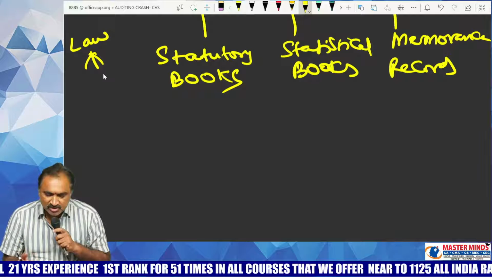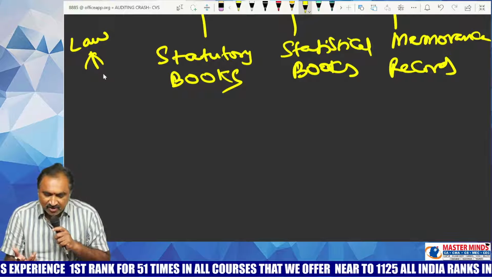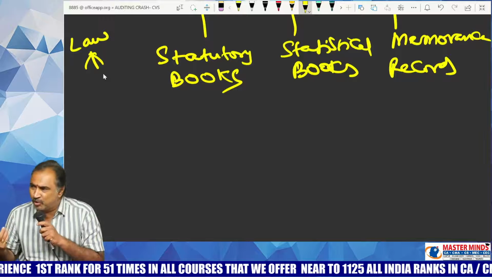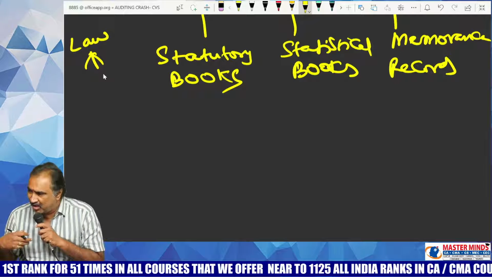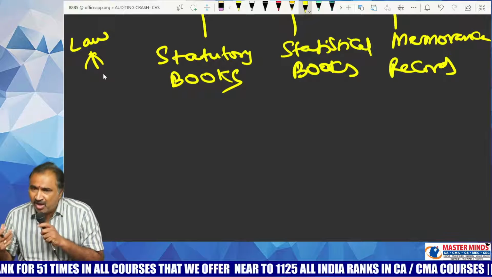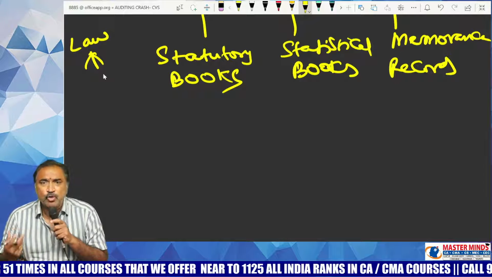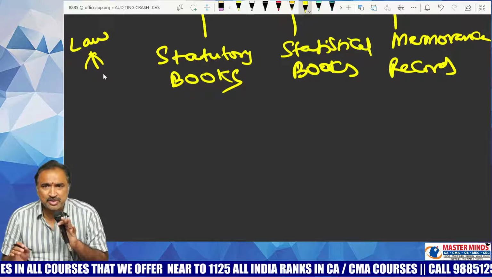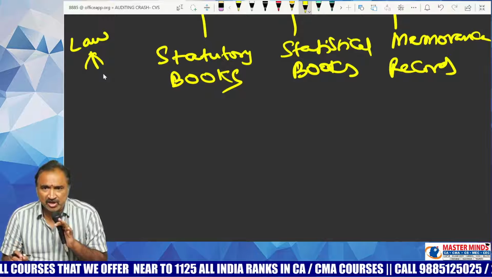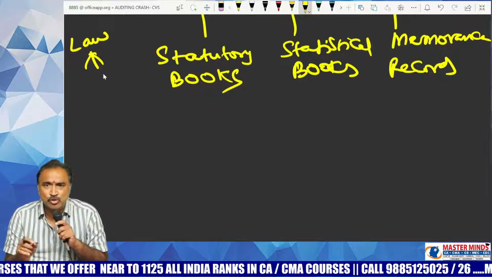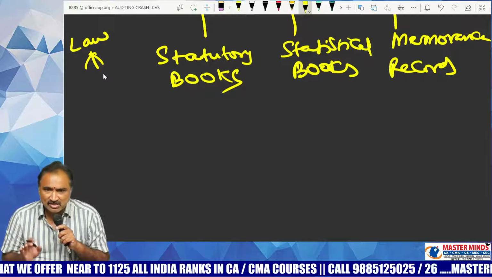As already said to you, without a right of verifying the books, how is it possible for you as an auditor to form an opinion? When you are unable to form an opinion, how is it possible for you as an auditor to express an opinion? So in order to discharge your primary responsibility, you should be given a right of access to books. That is the reason why the right of access to books is given.